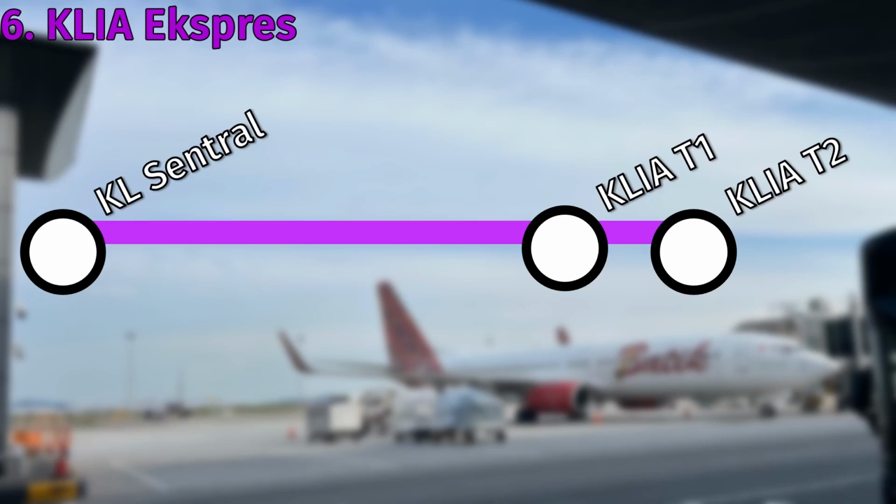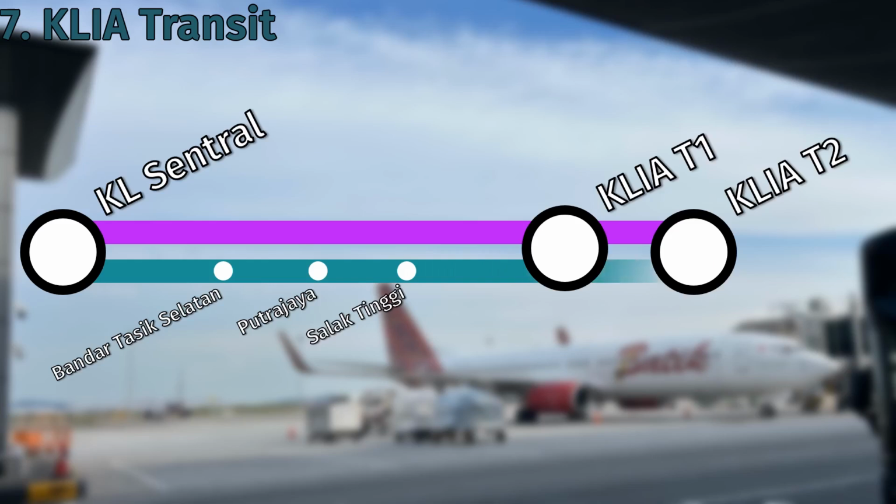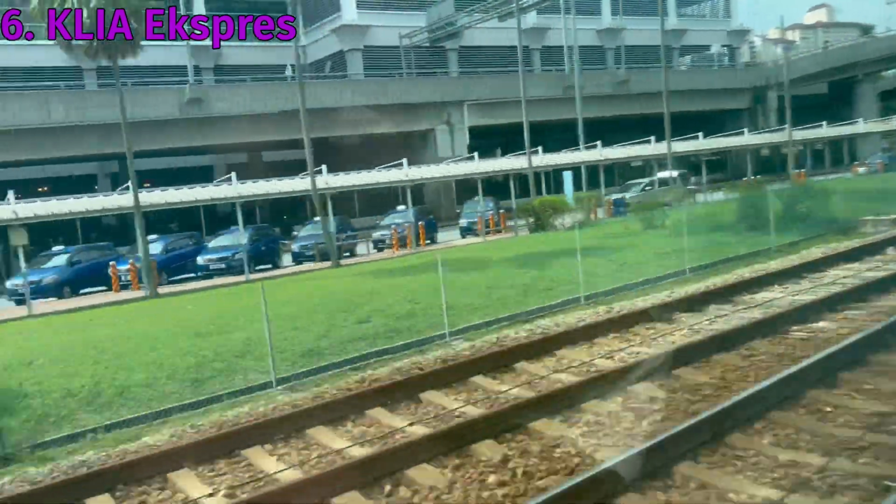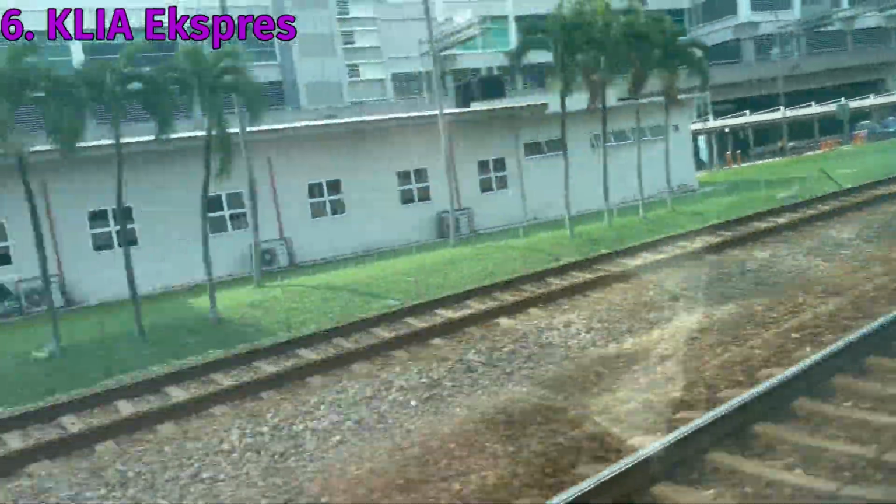The line also carries local trains, known as KLIA Transit, or Line 7, that make 3 additional stops along the way, including at Putrajaya where we just were. These ones run every 15 minutes at peak times and every 30 minutes off-peak. The express trains have plenty of space for luggage storage. I just wish they had power outlets though,